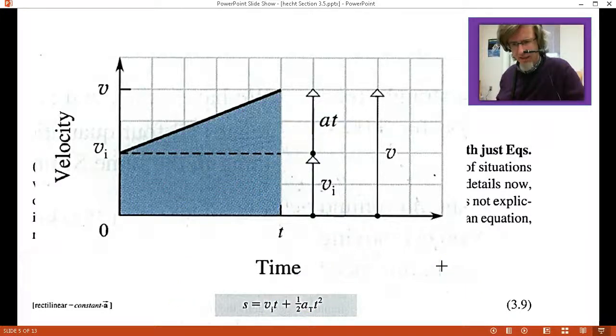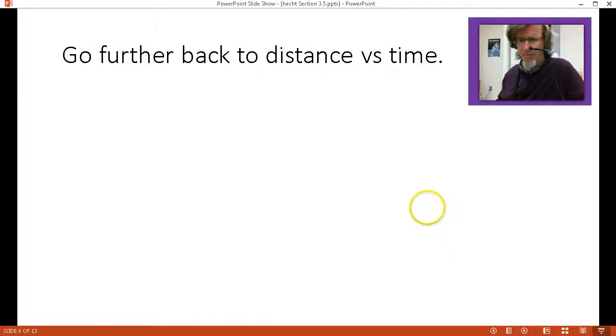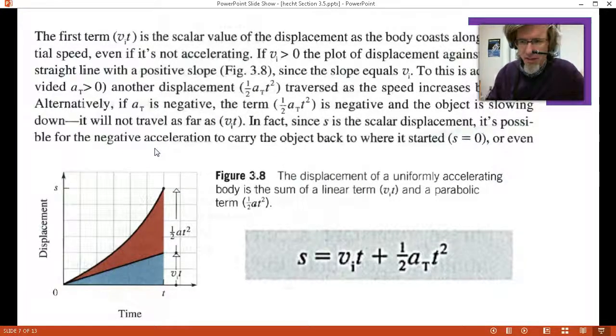All right, so let's see. How might we apply this? Hang on just a second. We'll apply it in a second. Let's see how this looks in distance versus time. So this is the discussion in the book. Distance versus time. Recall, distance is a linear relationship of velocity and time. In other words, if you're going 30 miles an hour,